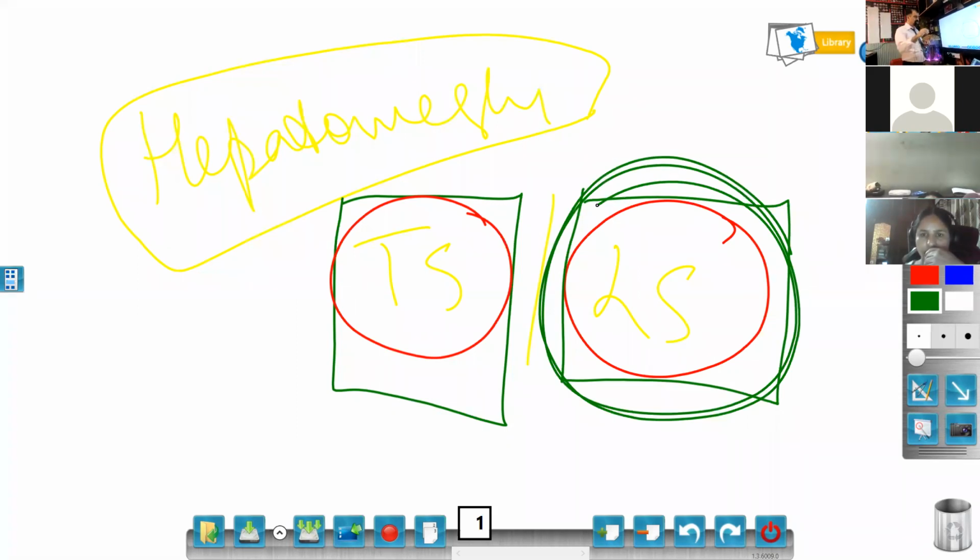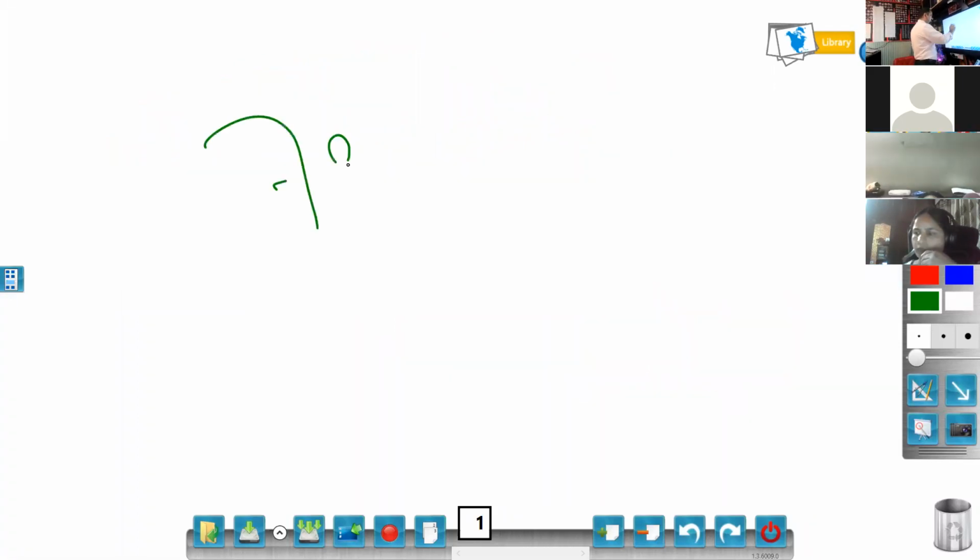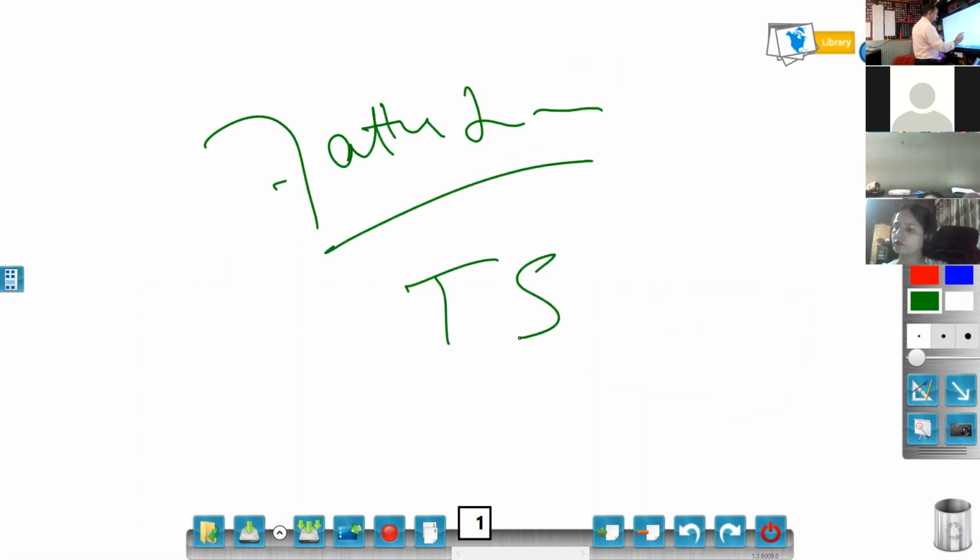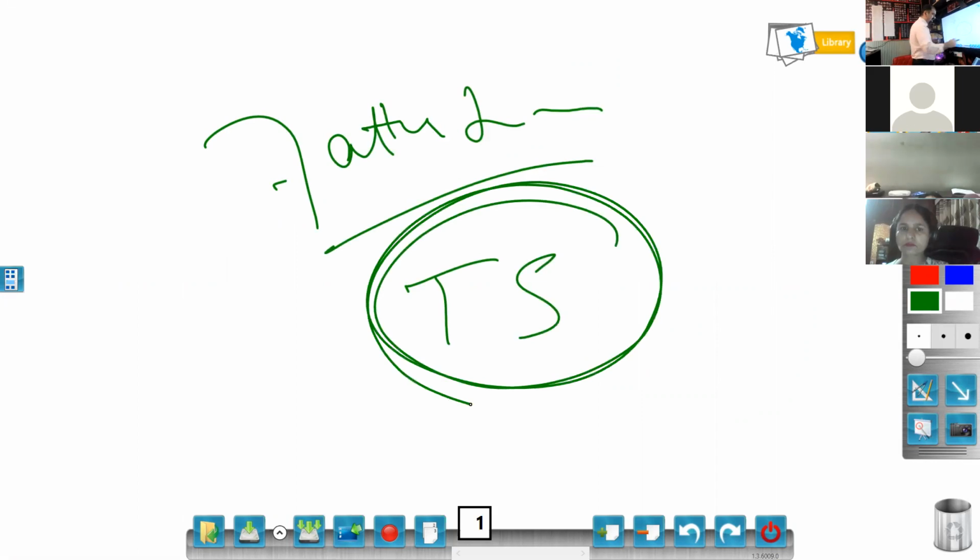Now come back to the fatty liver. This fatty liver is increased more in transverse section, that means from anterior to posterior. That is why it will not always be palpable. And if it is only increased in transverse section, then it will not be palpated at all. So this way you can make out whether you are dealing with fatty liver or hepatomegaly.